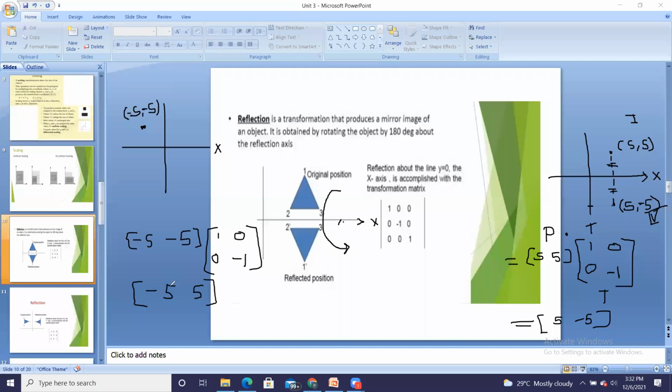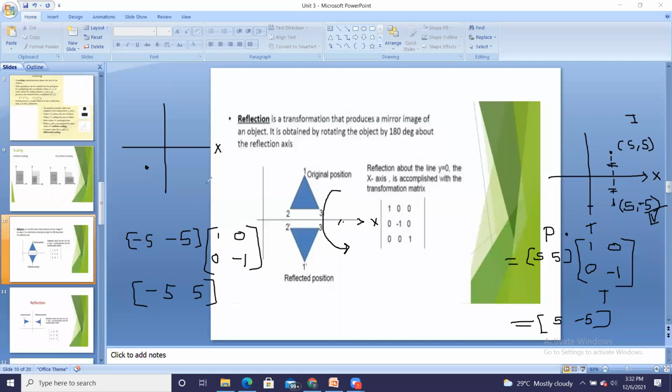Plot this point. X is minus, so on this side x is minus. Sorry, this point is -5. It should be in the third quadrant, right? Anyway, I took -5 for both earlier. If this is the point, where does it lie? In the third quadrant, when both x and y are negative, so somewhere over here. So this is your third quadrant point.